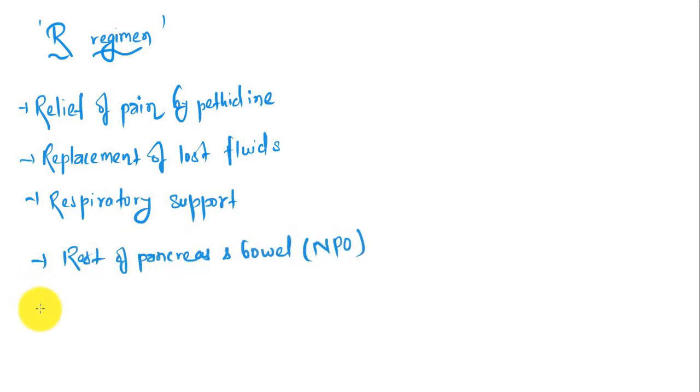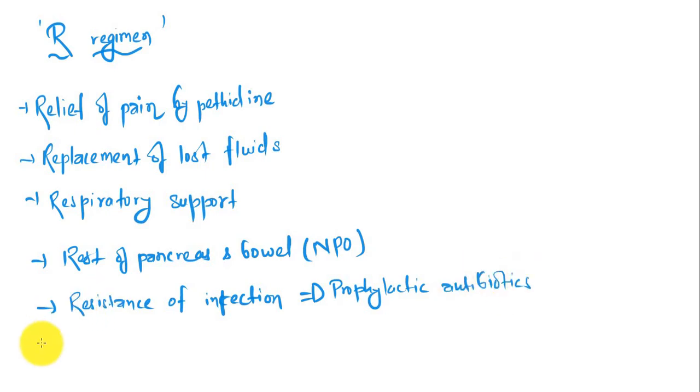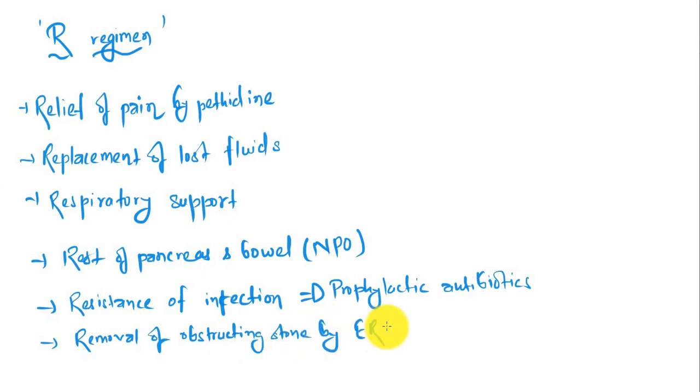The fourth one is rest of pancreas and bowel, that is no oral intake, nothing per oral. Intravenous fluids are given for a few days until vomiting and nausea stop. Nasogastric tube suction is sometimes needed, and severe prolonged cases require total parenteral nutrition. And there is resistance of infection by prophylactic antibiotics, especially imipenem, cilastatin. And there is removal of obstructing stone by ERCP